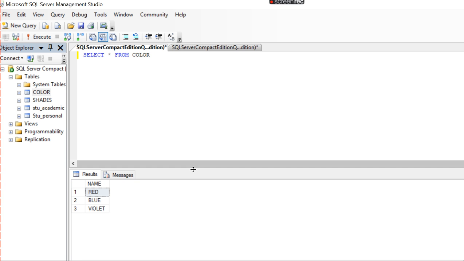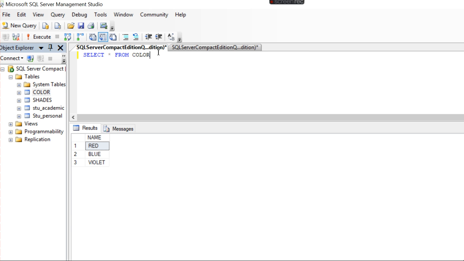Press F5, you have these things. And the next one is select star from shades. Press F5. So these are gold, gray, silver, the three shades. Now I'm just going to combine both. See here, color first and then shade second. Two tables I'm going to connect. These are the table names, right? Select star from color, shade.